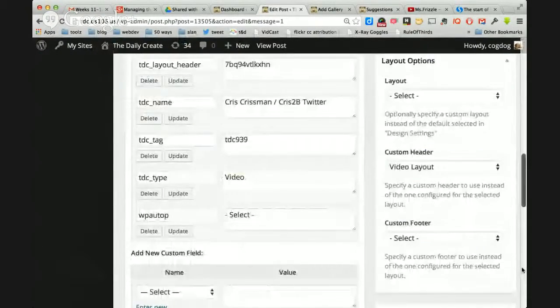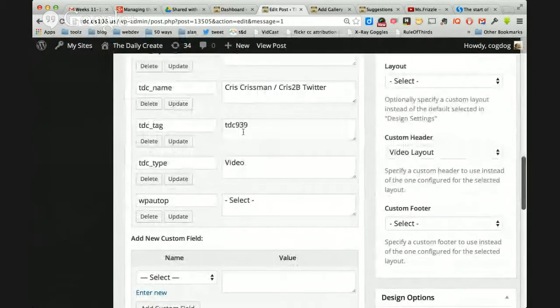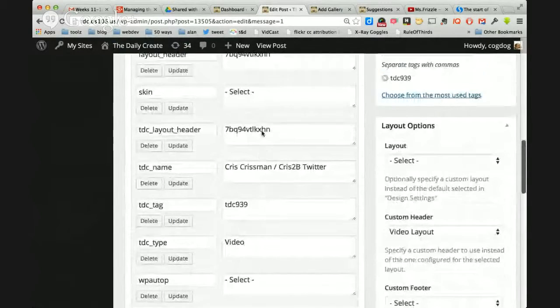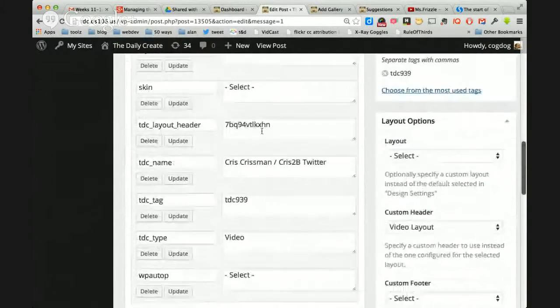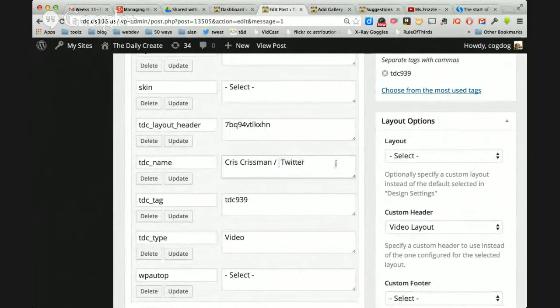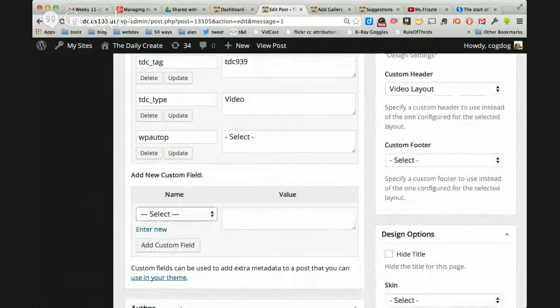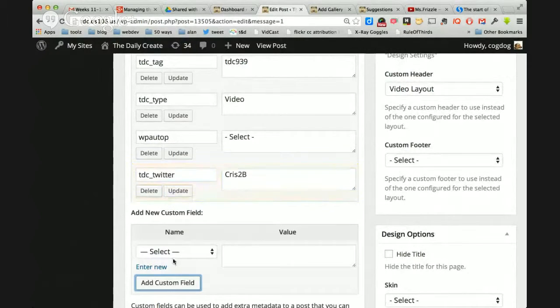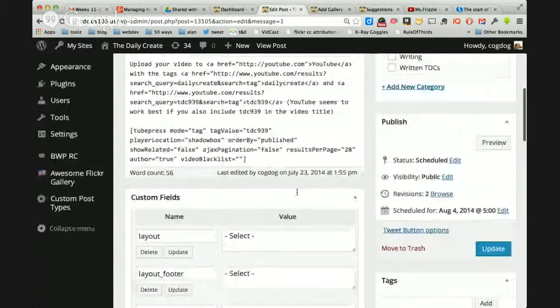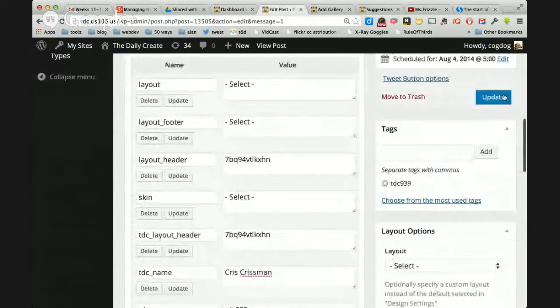You can see this came in from Chris Krisman. She put her name and her Twitter handle into her name. This is a good chance to show what happened. We can actually get a little creative. I just cut that out, and I'm going to show you how this custom field works. I'm going to add one for Twitter, and you don't need the @ sign. It's optional. So I add custom field, and now there's a TDC Twitter account that will have her name on it, and then I just update,